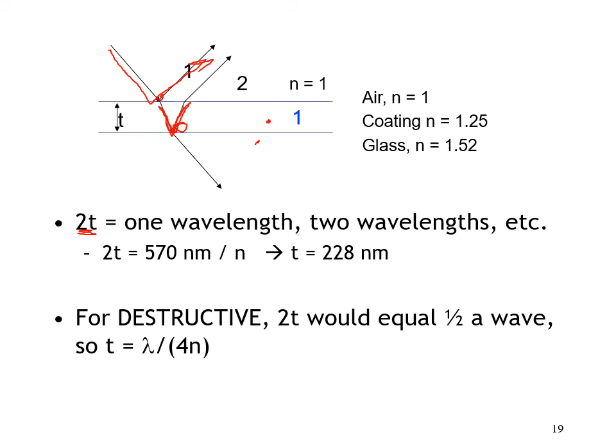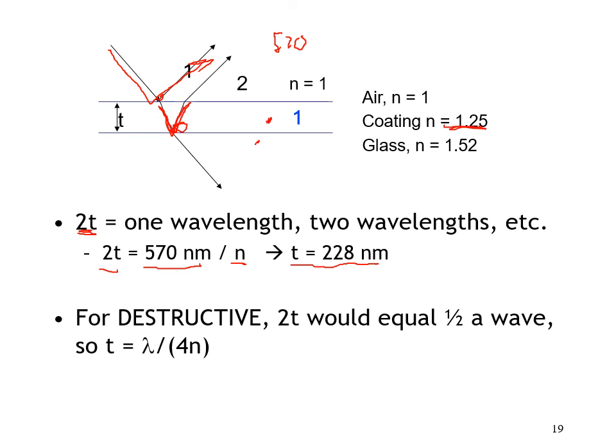Now, which wavelength are we talking about? We know in air, the wavelength was 570. But in the medium here, the wavelength is 570 divided by n, divided by 1.25. So we need to divide this wavelength, the 570, by 1.25. So we get twice the thickness is 570 nanometers divided by 1.25, and you get the thickness of 228 nanometers. Again, somebody in the back, check it on your calculator. I am old and I can't see anymore, and maybe that's not the right answer, but I'm pretty sure it's